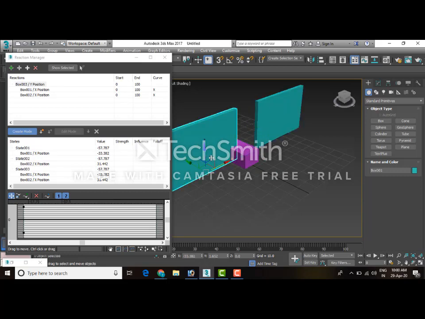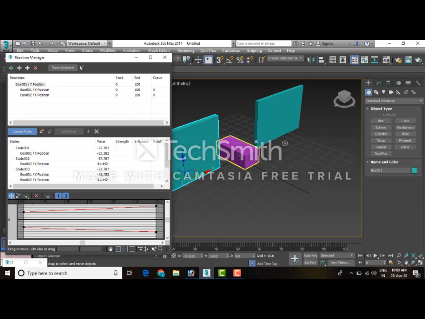So I have moved that object along y-axis and these objects along x-axis, and this will be our second state. Now further move this object and again close the gate and click on one more state. Now our work is done.